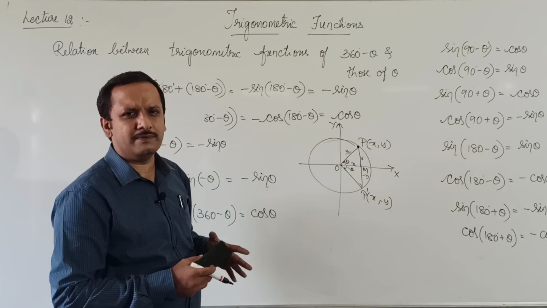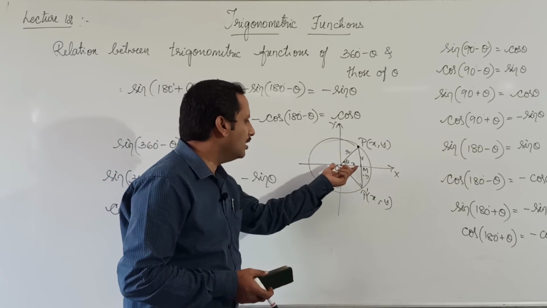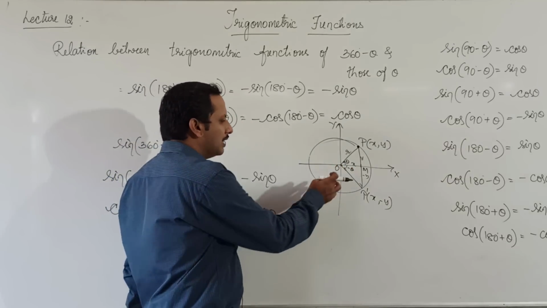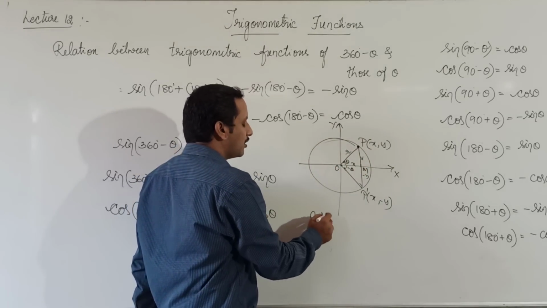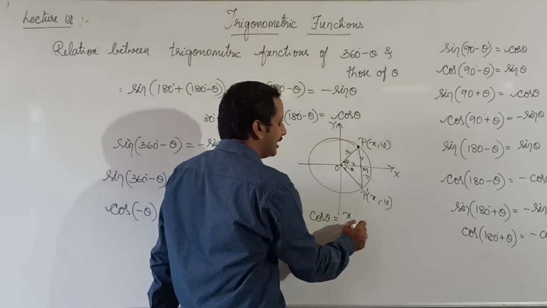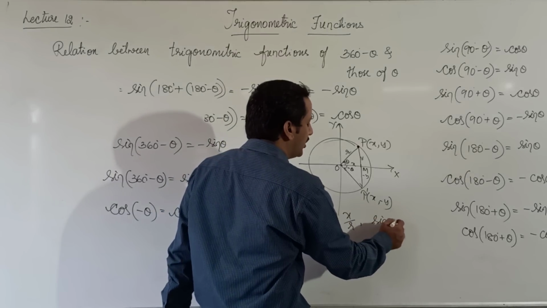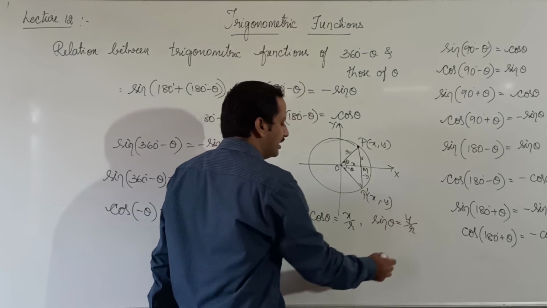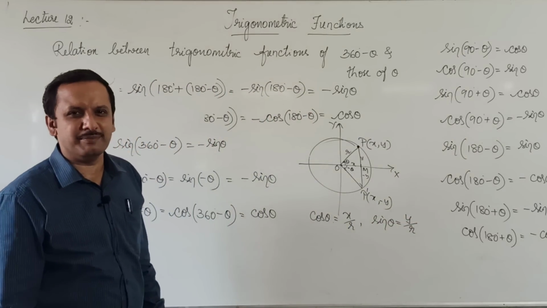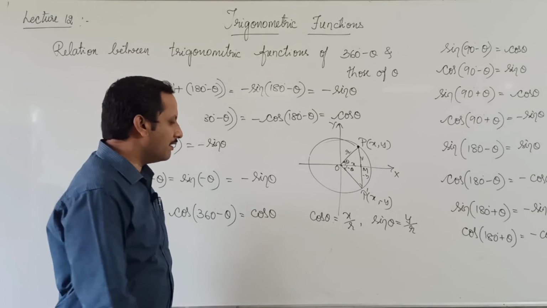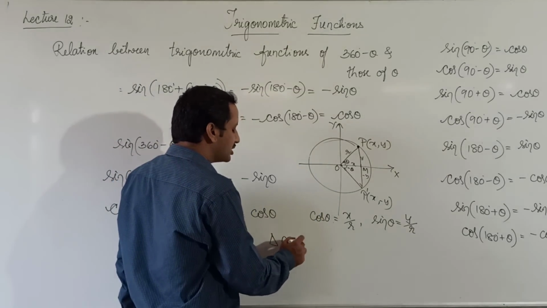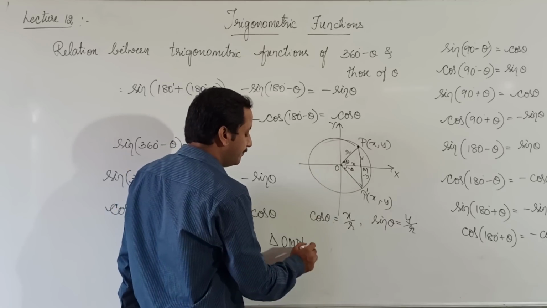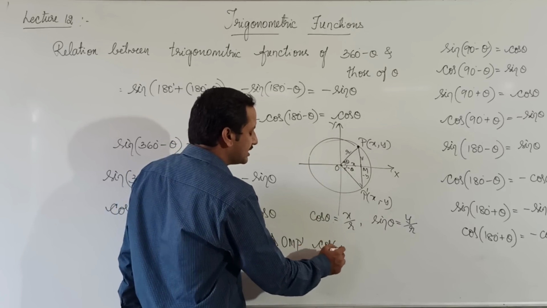Right? Are you following this? Okay. So now look at this triangle. From this triangle OMP, we can say cos theta is equal to x by r, sin theta is equal to y by r. This you know anyway, from the last 4 days we are doing the same thing. Okay. Now if I consider the triangle OMP dash, there cos of minus theta,